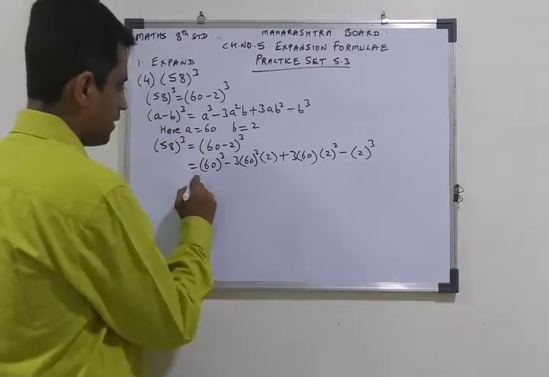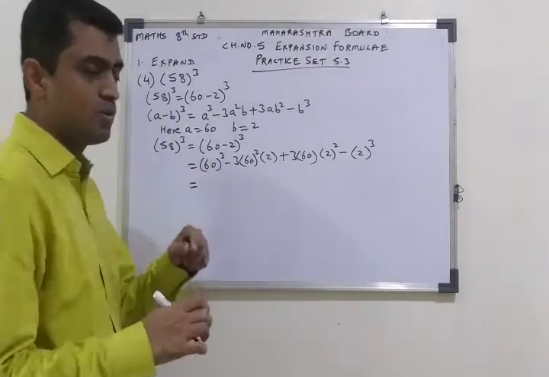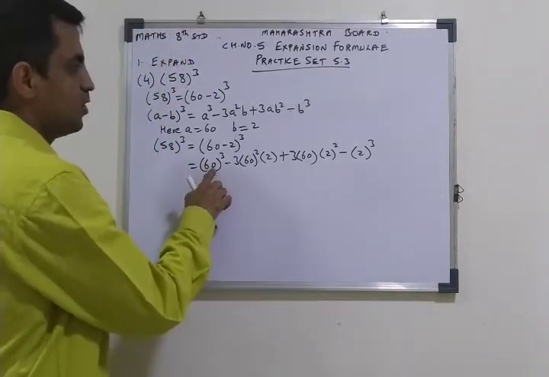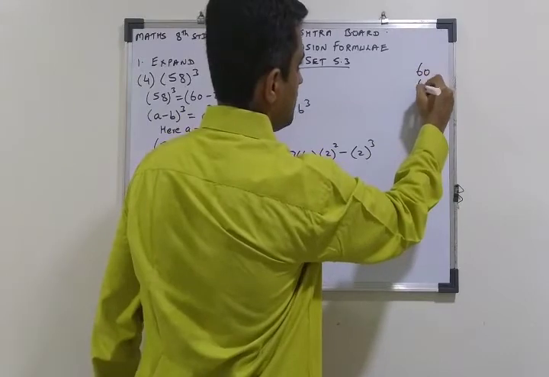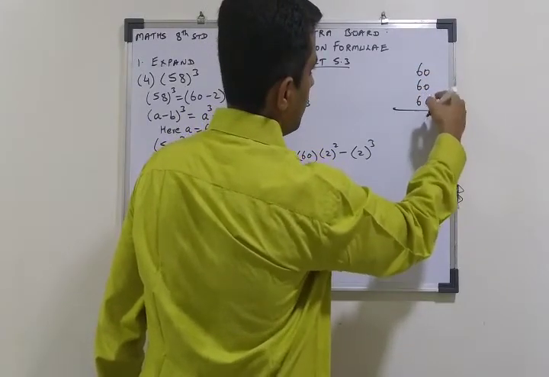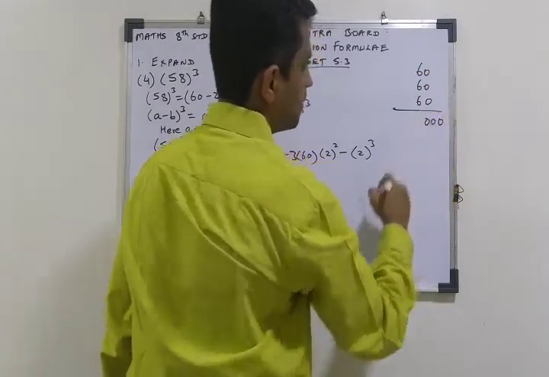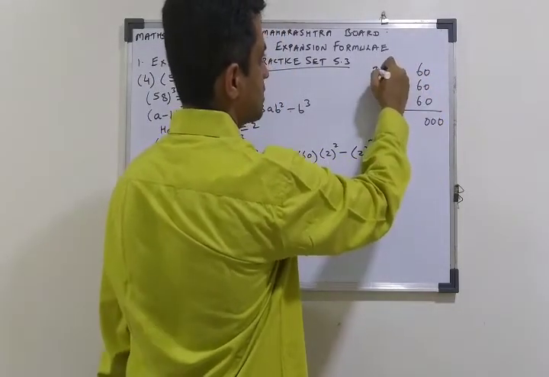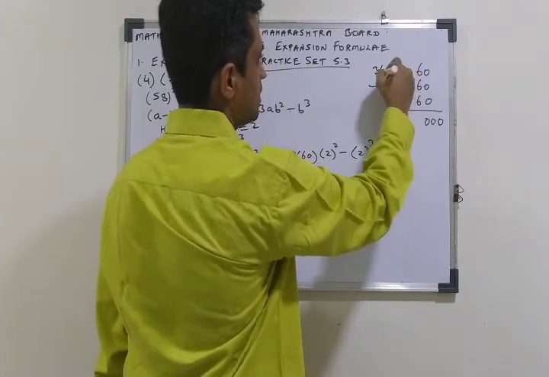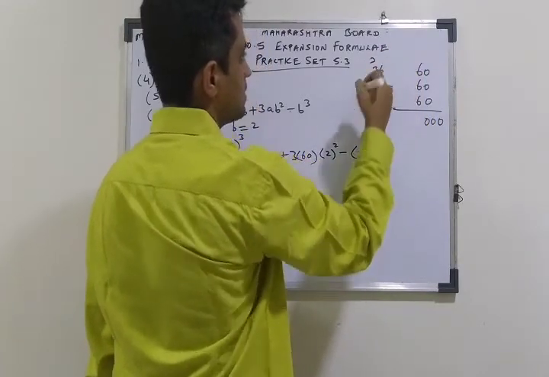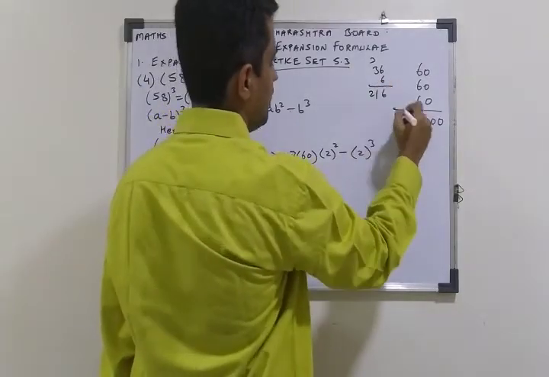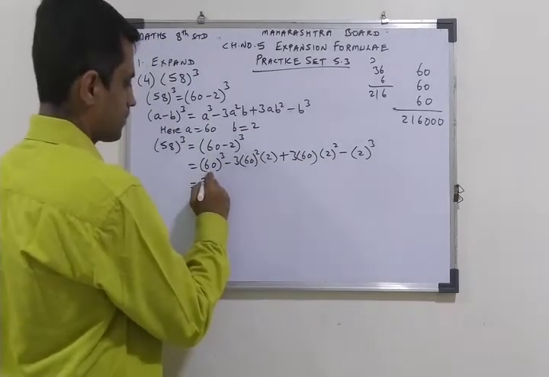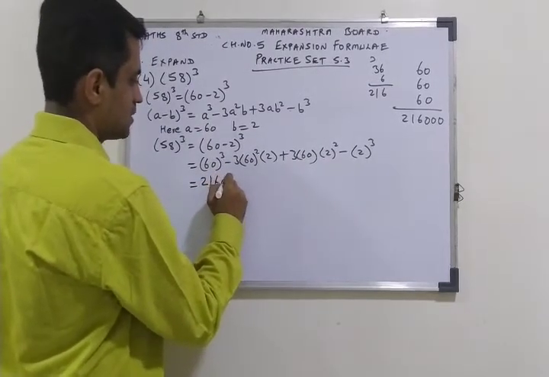Now let us simplify. 60 cube, so in 60 cube don't multiply 60 into 60 into 60, no. 60 cube is there, it means 60, 60, 60, so directly 1, 2, 3, 3 zeros. 6 6s are 36 and 36 into 6 you can multiply here if you don't know. 6 6s are 36, 6 3s are 18, 19, 20, 21. So directly we got our answer. So we write here 216,000